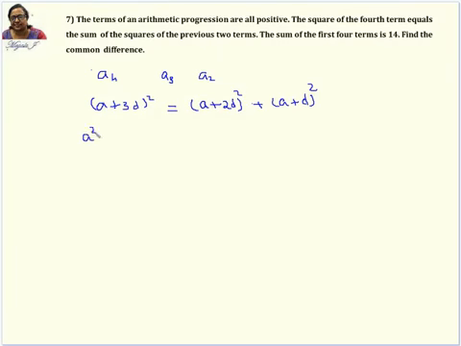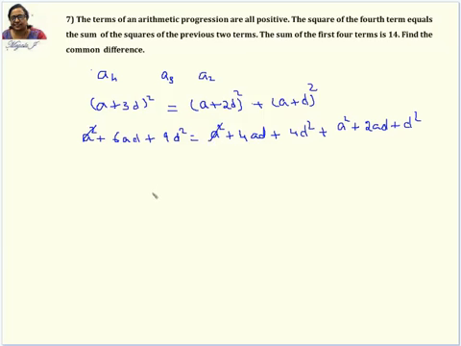This is going to be a square plus 2ab. So 2ab will become 6ad, and plus 9d square. Good. Then on this side: a square plus 4ad plus 4d square, because 2d the whole square is 4d square. Then here again a square, plus 2ad, plus d square. So which is a common term we have here? A square is common. So one of the a square you can cancel.